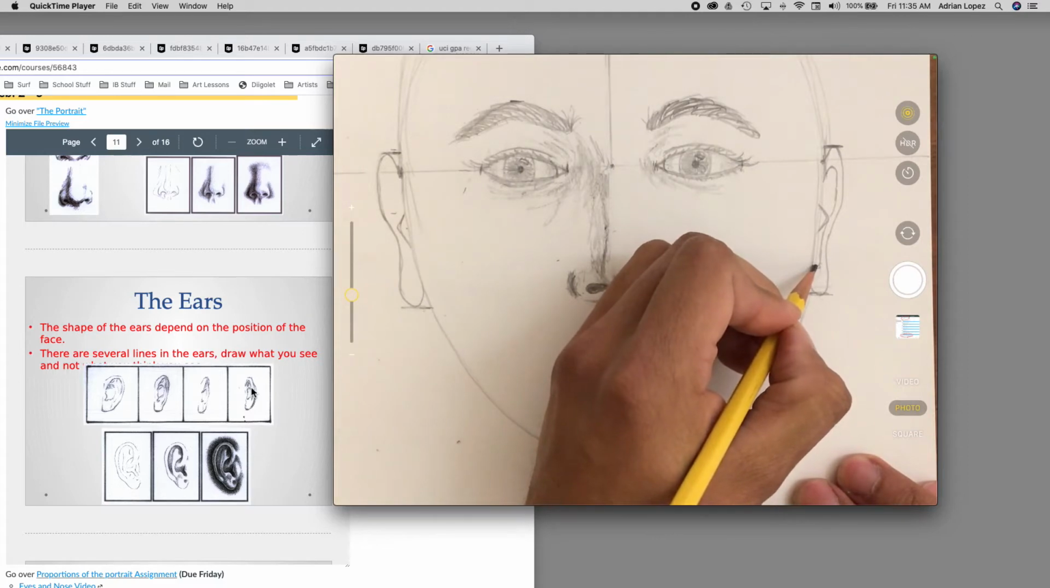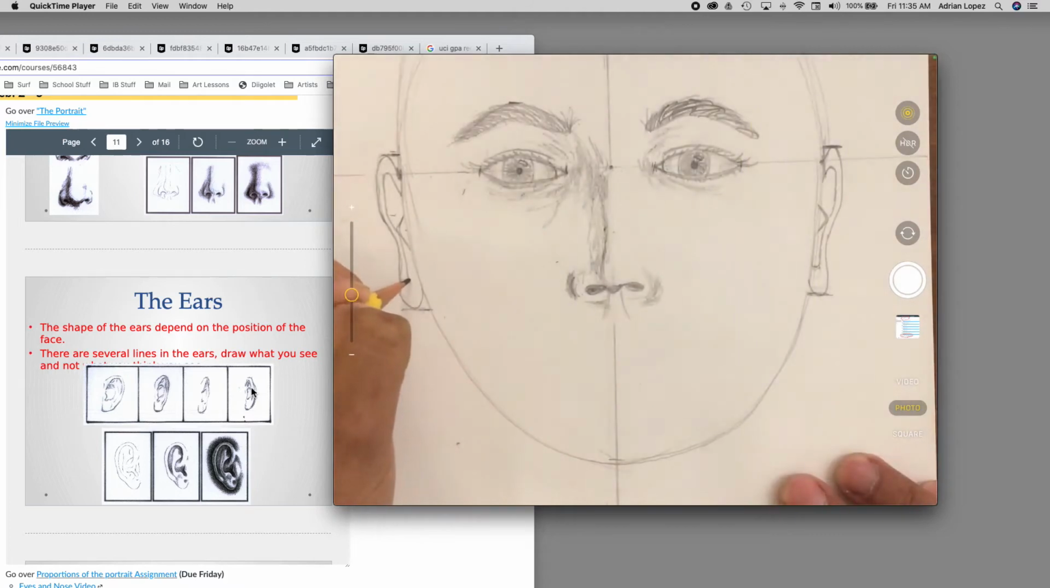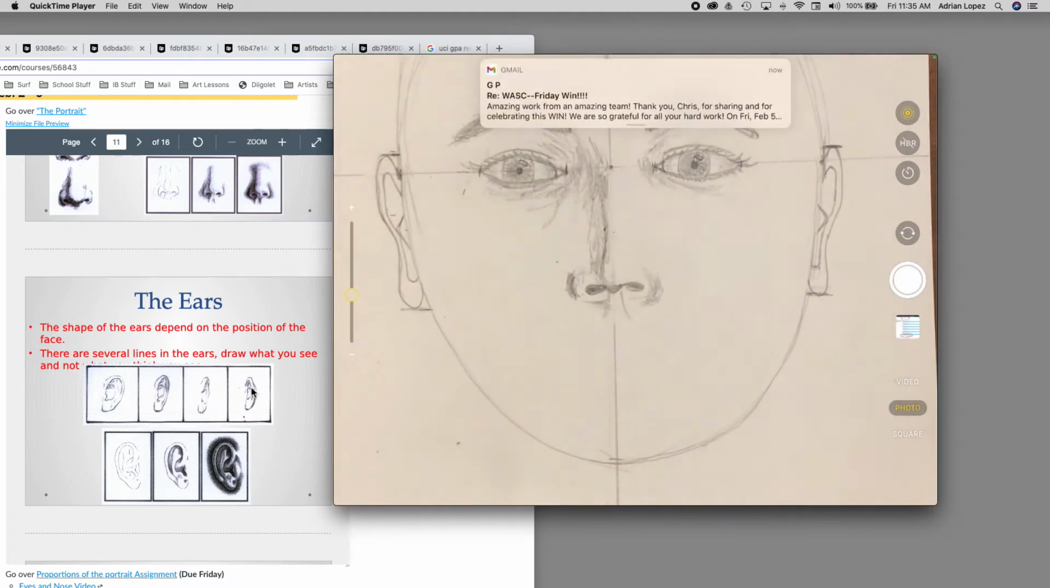All right, you're going to do the same thing for the other ear. Okay, you start here, curve up, and then you hug the outline of that ear down towards the bottom until you curve it in to show where the